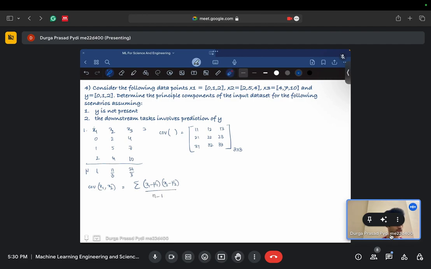This n over here is, okay, I should have added one more value. So what would be the value of n here? This n is the number of samples. In this particular scenario, it is equal to the number of features, but ideally this is the number of samples, and from this you would calculate x1 and x2. Similarly, you will do for all other values, x1, x1, and then different values. And once you get the covariance matrix, you can calculate it quickly, or maybe